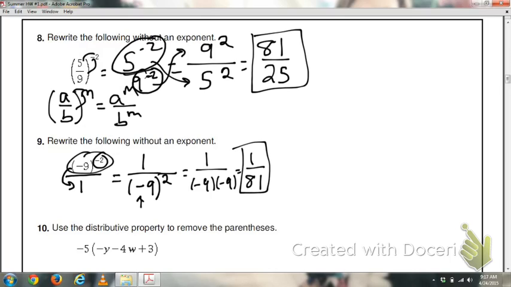In number 10, we're going to use the distributive property. So here what I'm going to do is I'm going to multiply -5 to the -y. I know a negative times negative is positive. That would be +5y. -5 times -4w is going to be just simply -5 times